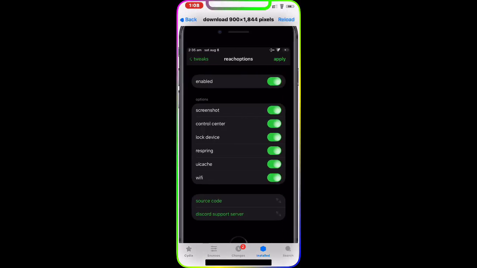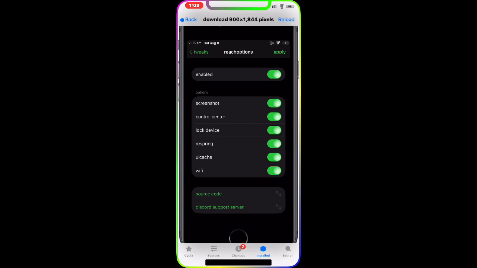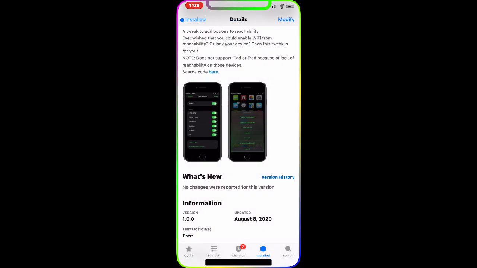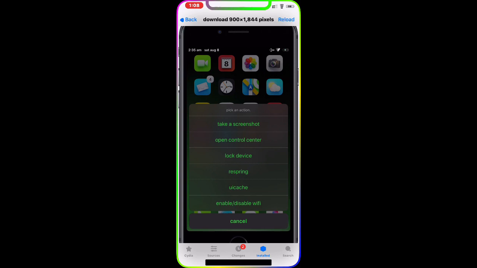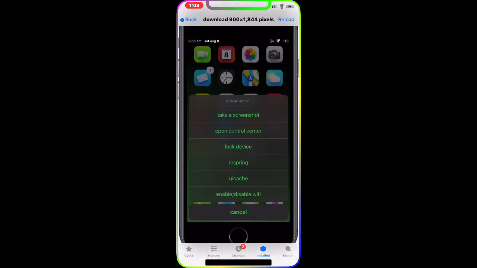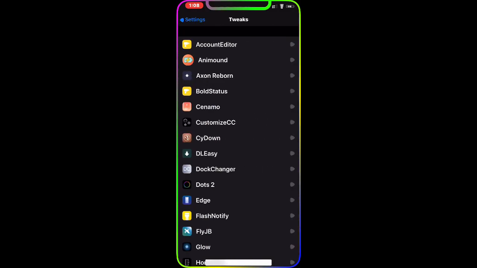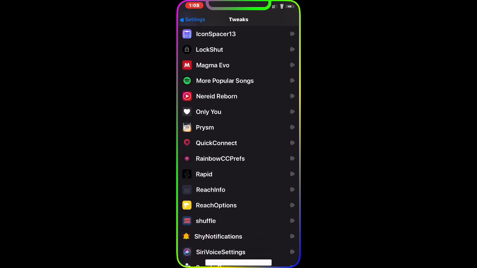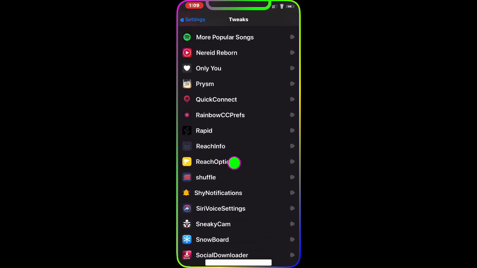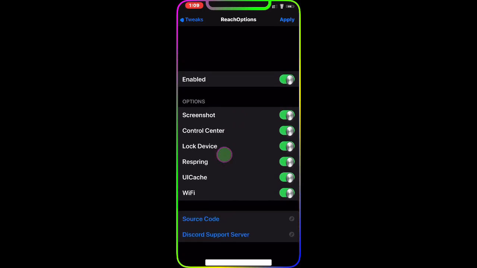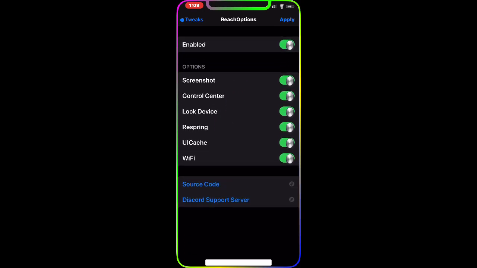So basically, as you guys can see right there, this is your reachability, and I'm going to show you guys on my device. And as you guys can see, this is the second picture. So you have all these options from reachability, and I'm going to show you guys how to enable it and all that. So we're going to go to settings, go to tweaks, and we're going to find this tweak. So basically this one right there, reach option, and once you download it, by default all these options are going to be disabled, and all you have to do is enable all these options and then hit apply, and your device is going to